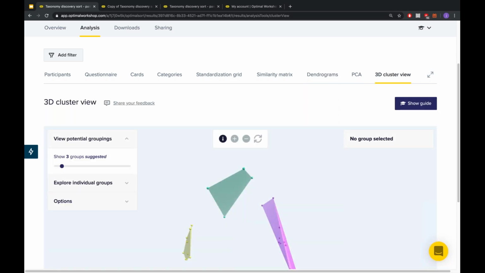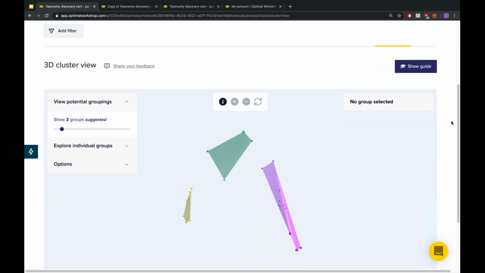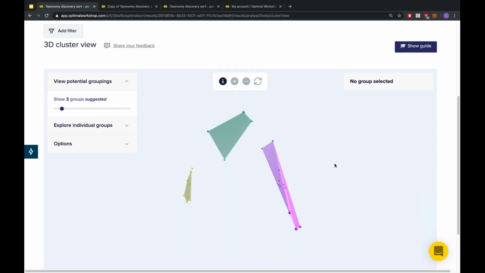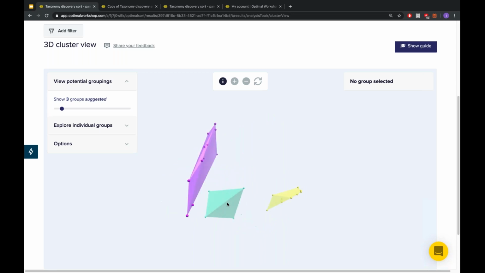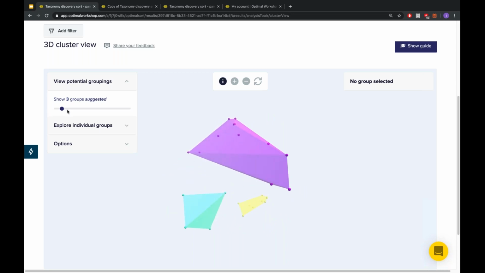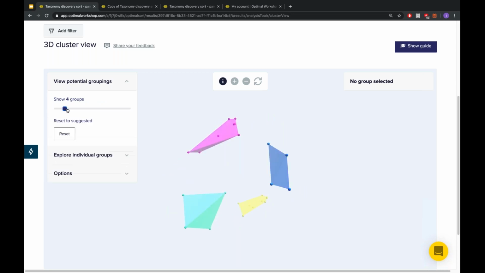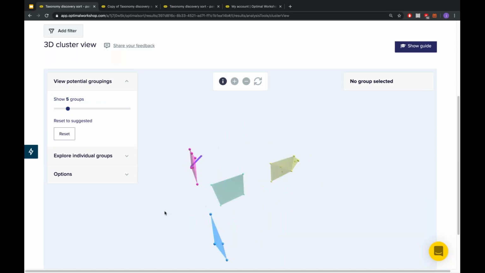My number one favorite view for card sorting results is the 3D cluster view. This is really new and quite innovative. As you can see, we've got 3D space being rendered here. Each of the points is a card that we've got, and the polygons that are grouping them together are showing you the categories that have been made out of this. We can change this a little bit. So if we wanted to focus on 5 groups, we might set it like this, and we get to see the results if we were trying to create 5 groups for our content here.